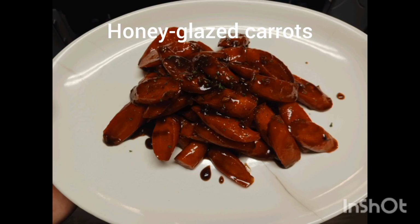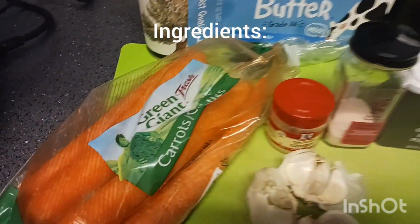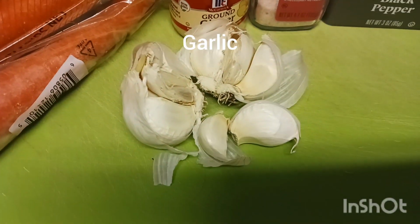Today we are making honey glazed carrots. Here are the ingredients we're using today. Carrots, about 2 pounds, fresh garlic,